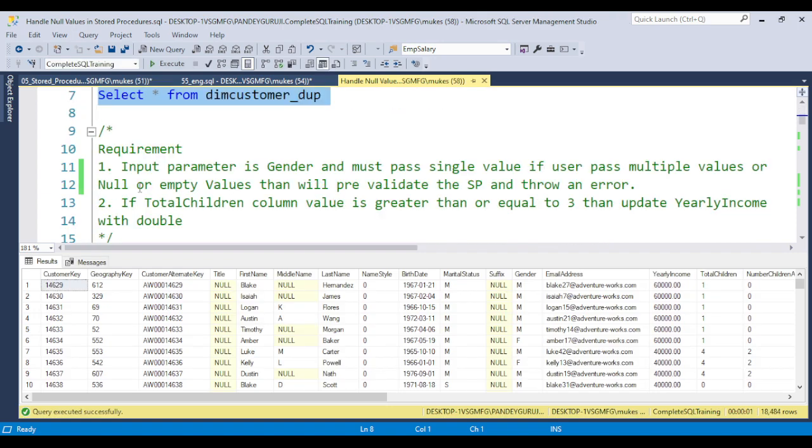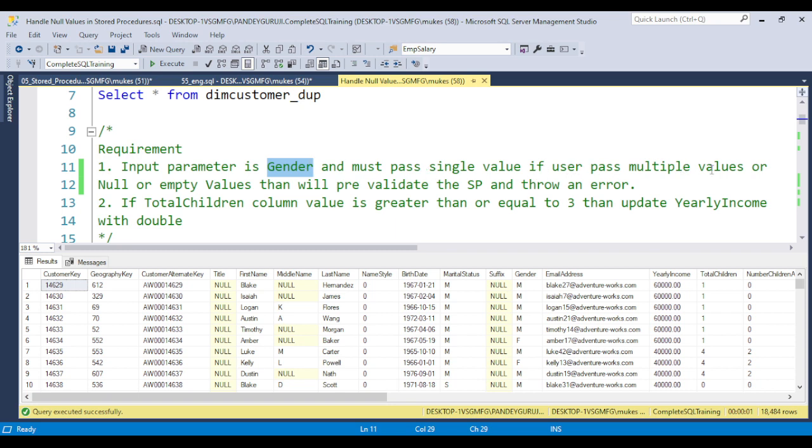The requirement is to create a stored procedure where the input parameter is gender and must pass a single value. It is clearly mentioned that the gender value should be a single value.